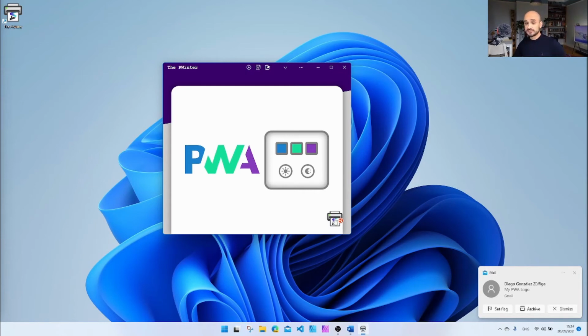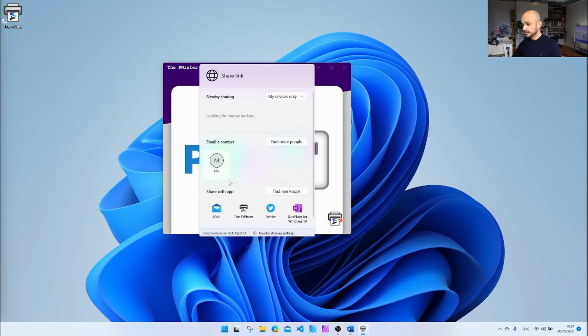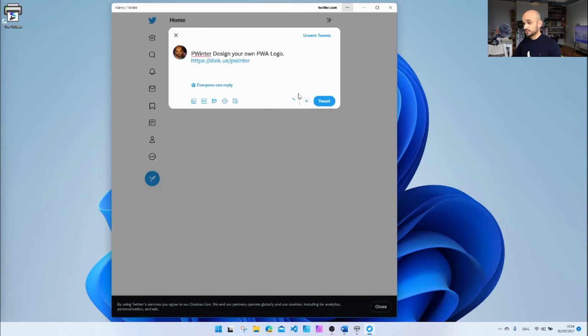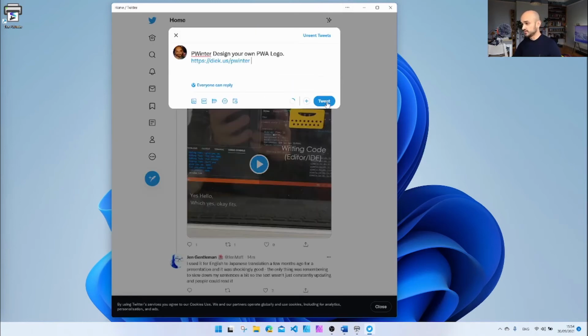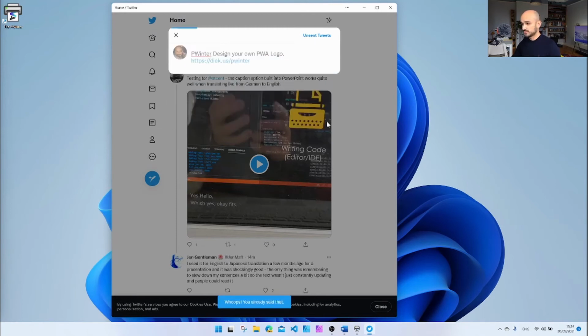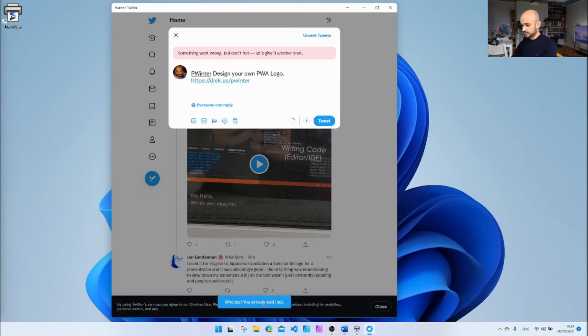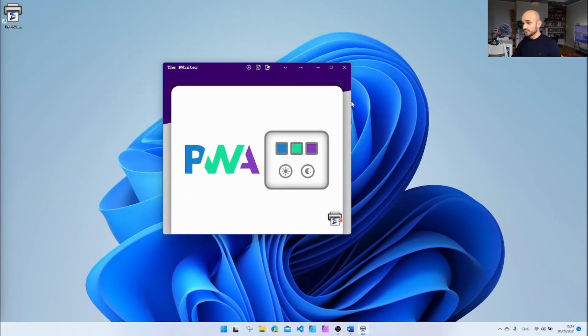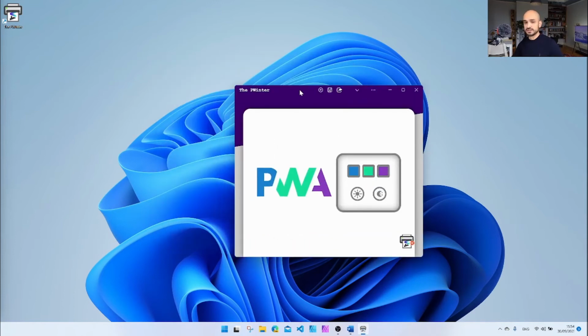Another thing that you can share are links. In this case, let's say that I wanted to share the whole experience, the application itself. I can just click on here, and in this case, I am sharing a link. I am going to share it with Twitter. So just so you get an idea, it's already pre-populating with the text, title and URL that I want. And okay. Oh, and it's because I've just tweeted it because it's the second time that I'm recording this demo. But you can see how I can just pretty much tweet. I'm just going to put here a heart. And there you go. I've just actually tweeted from sharing through the native operating system.